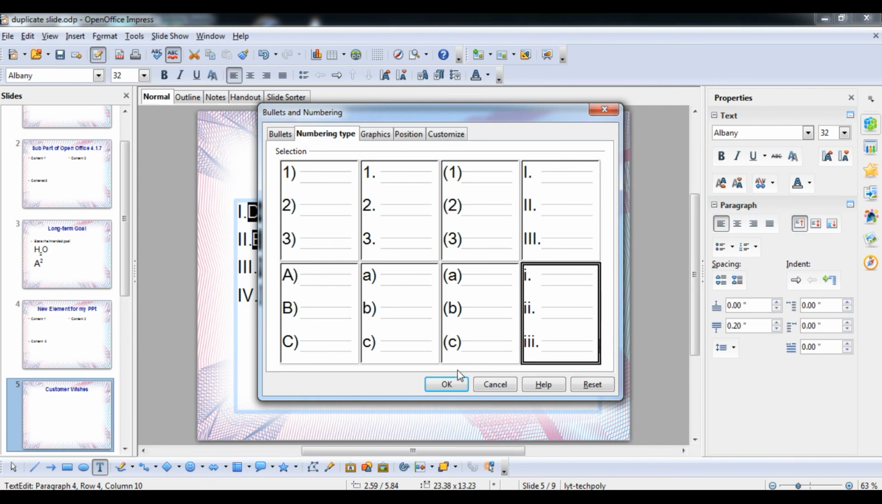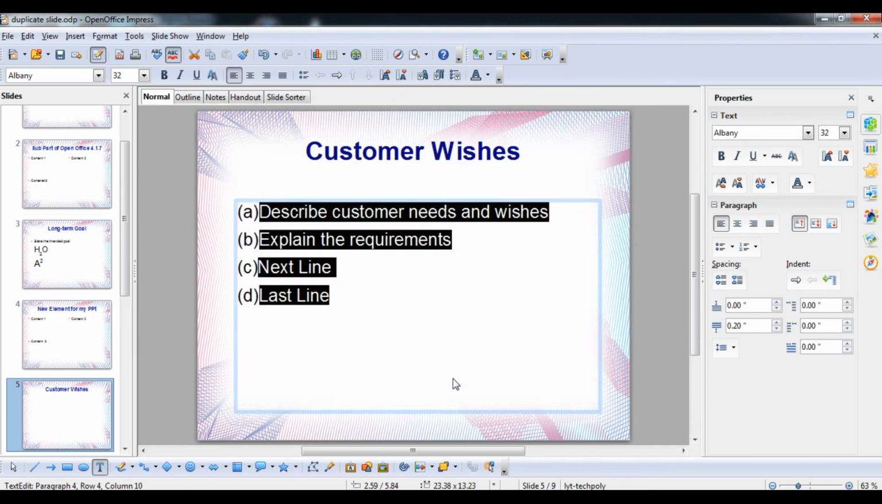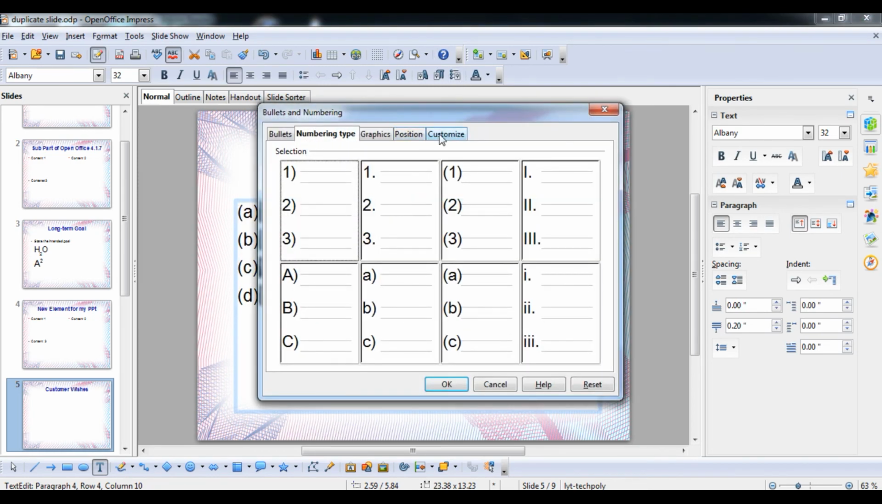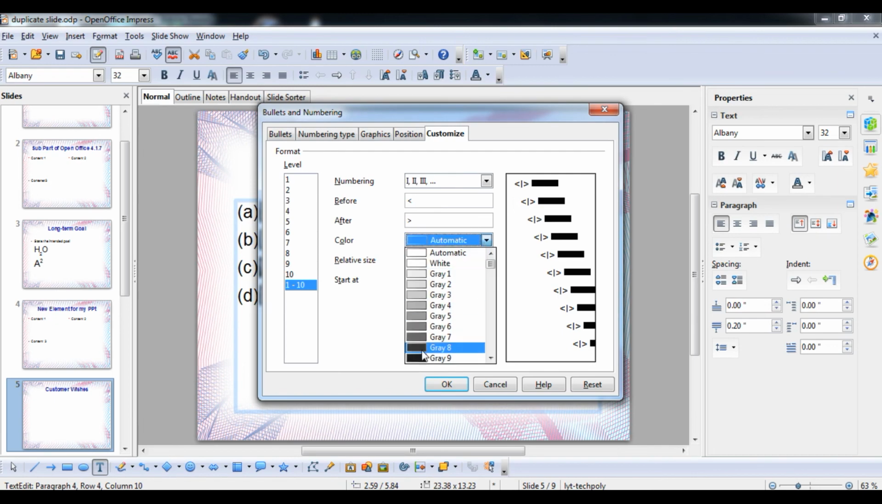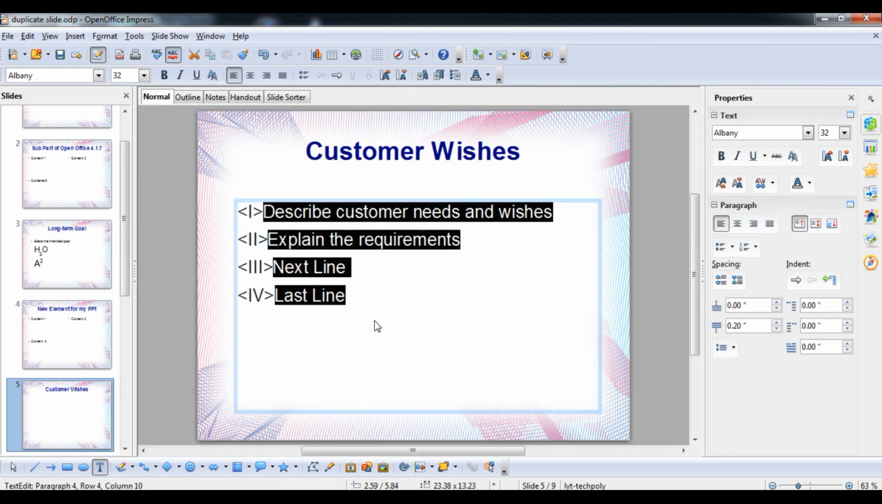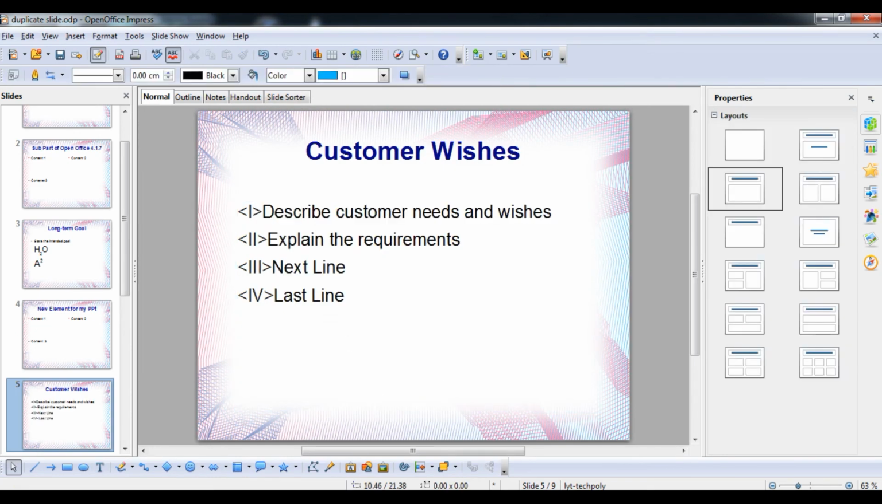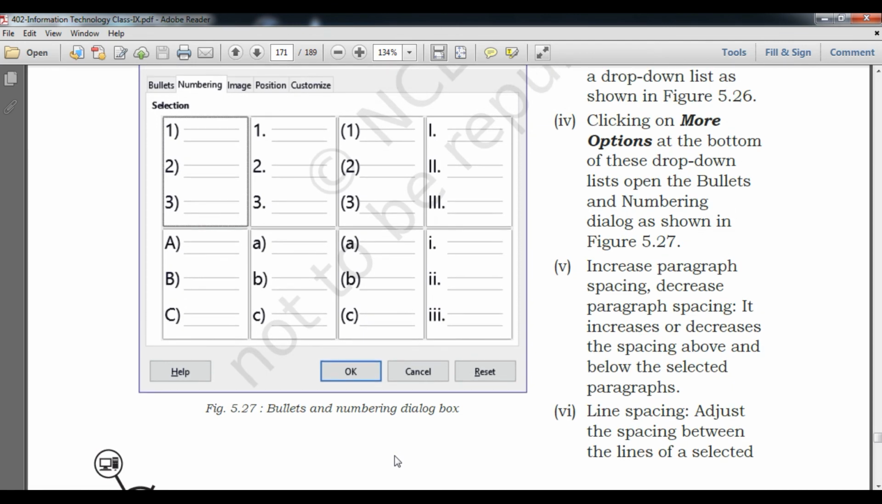Again in this Bullets and Numbering option, there is Roman numerals in capital letters, Roman in small letters, and ABC within round brackets, or you can customize it also. With the help of this customization, you can set how the number looks, what comes before and after it, such as an angle bracket, and the color, which by default is gray. Now you can see the number has changed. Now we have understood, student, how to use bullets and numbering also. Till then, thank you and have